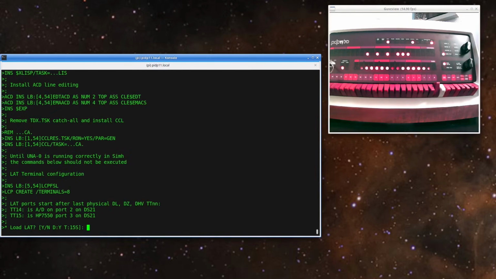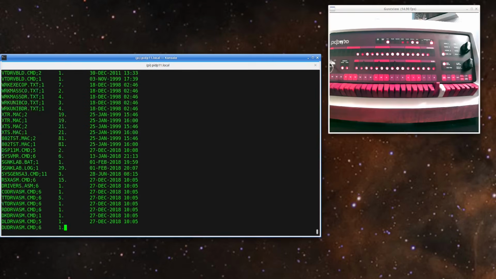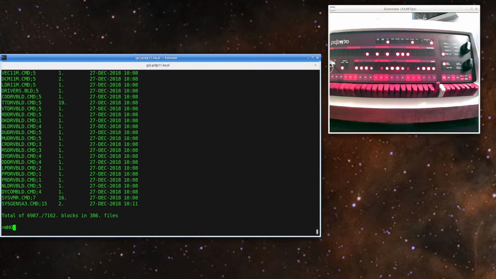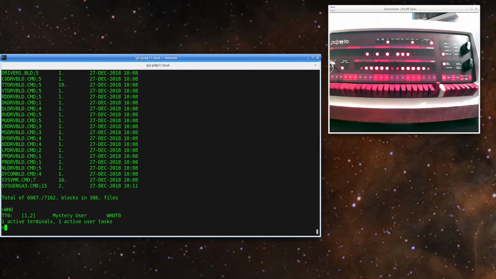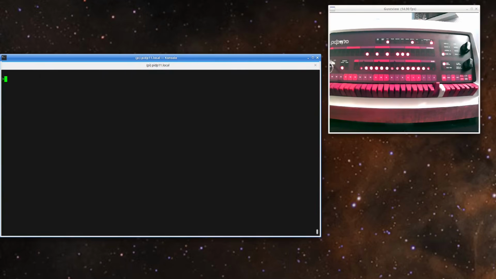And that regular blinking pattern we see right now, that's the system you get when this is normally working. I'm not going to bother with LAT, and I'm not going to bother with TCP/IP. So I'm up and running, and I can say dir and see what's out there. I can say who. I'm logged in as a mystery user. I can show my memory and all kinds of things. But I'm going to log out, and I'm going to log in as myself. So I'm going to log in as user Nick,